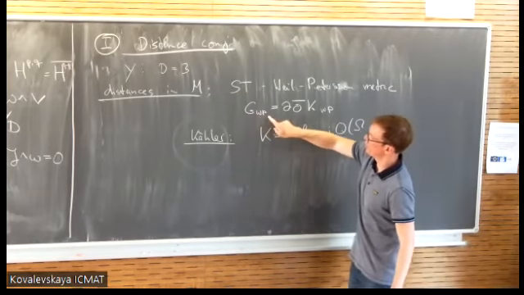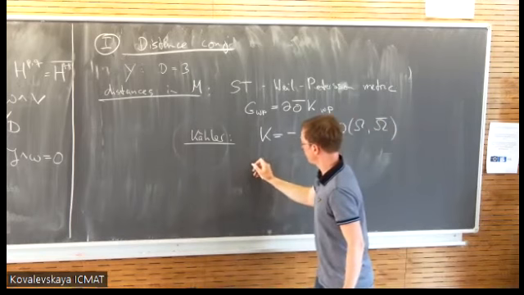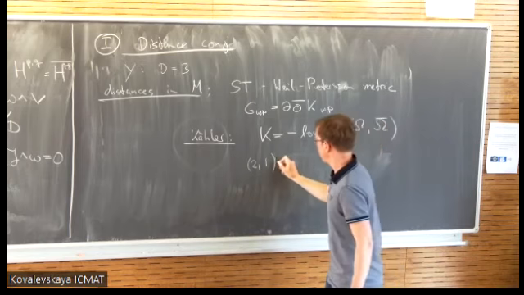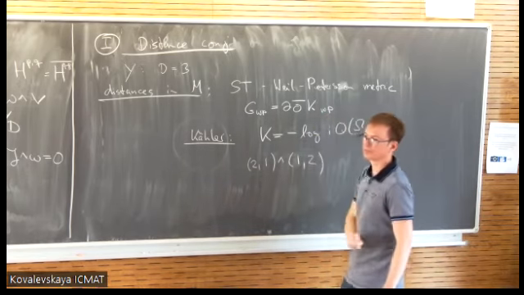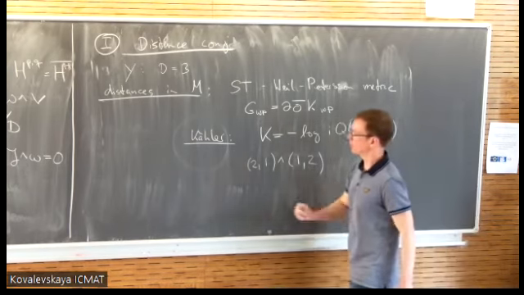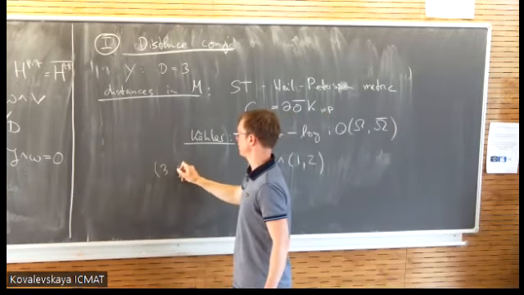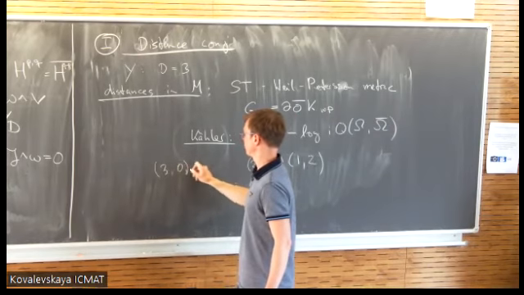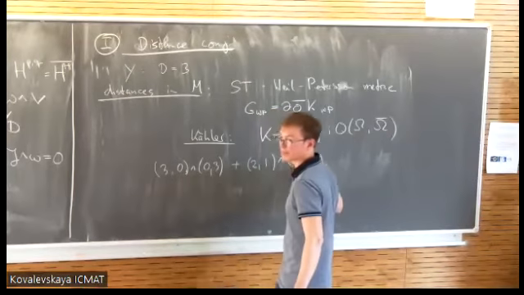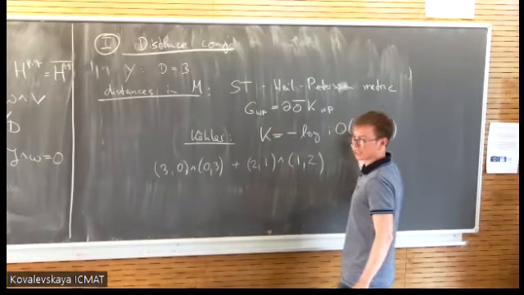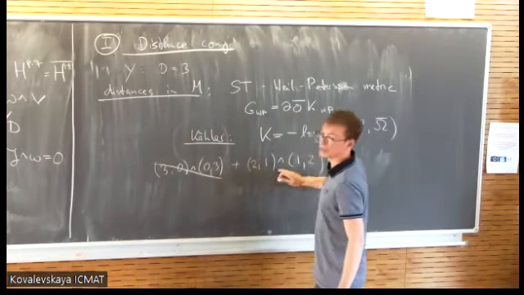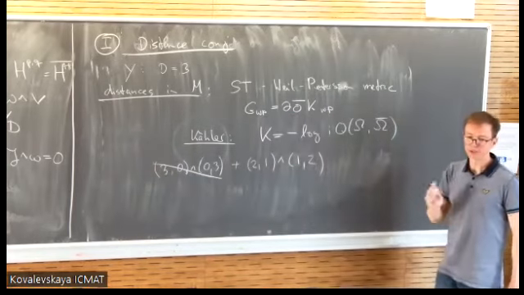So what does that mean? That means that if I compute the metric, it is essentially a wedge between a 2,1 form, because of the first derivative, and a 1,2 form. And this is not the natural metric. Why? The natural metric would also have a piece which is 3,0 and 0,3. So the Hodge metric would have both pieces, but this metric, which comes out of string theory, has only this piece. And that makes a huge difference.